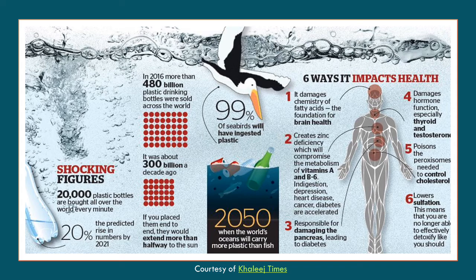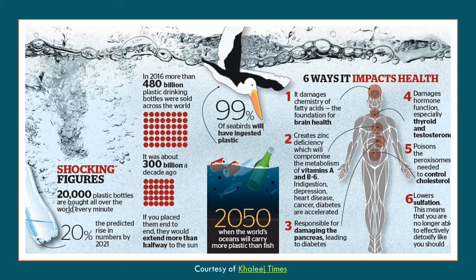So biomagnification applies to humans too. If we eat multiple contaminated fish or mussels, the toxin level in our body rises too. So microplastics have been shown to absorb toxic chemicals and later release them into the digestive system, causing a lot of human health issues. So not only are we eating plastic, but we could be eating other toxins and bad chemicals that will latch onto those plastics that will end up in our bodies.